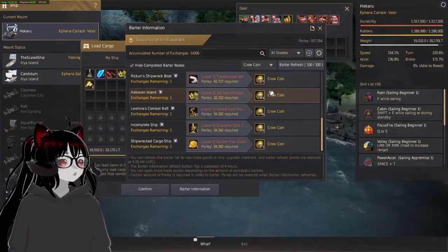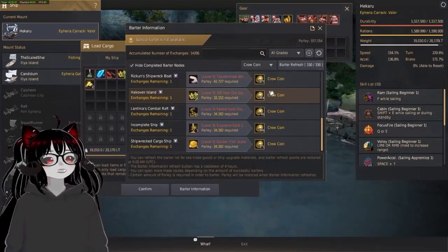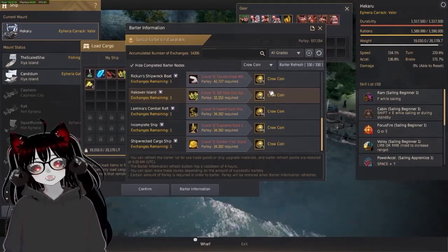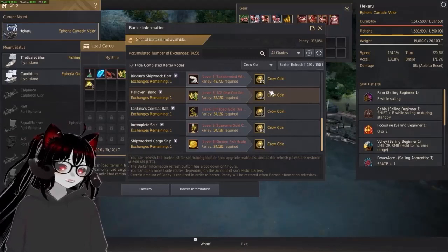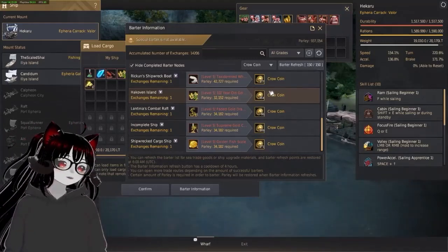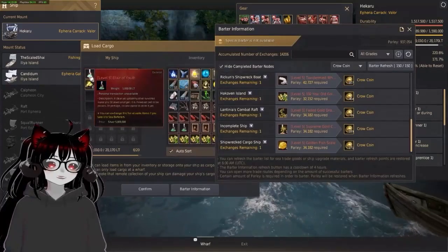Now, it is very far away, so some people will not take the Hakoven barter if it's less than 100 crow coins, and that's something that you need to decide. I also tend to not do the deep sea barters unless they're over 200 crow coins, because they are pretty far away. So we're going to go ahead and load the 4 items we need for those